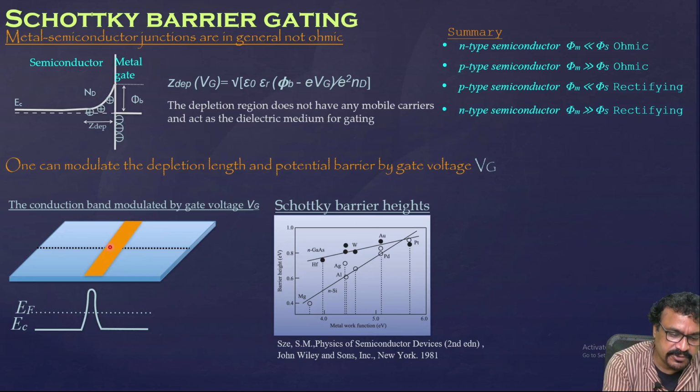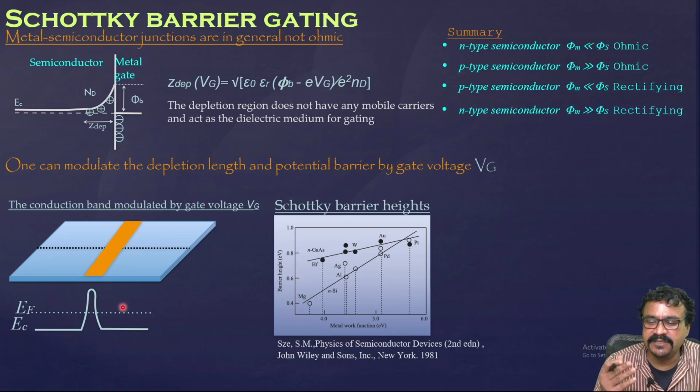So when you apply voltage onto this, you will get a flat conduction band wherever there is no voltage. Then wherever this metal strip is there, you will increase the barrier. So this barrier will act as a tunnel barrier between these two sides, or this will act as a dielectric medium for gating. So, this is the physics of Schottky barrier gating,